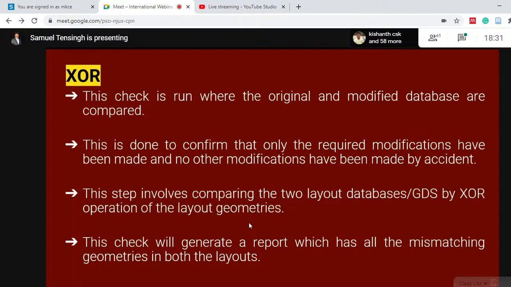The XOR check is run when the original and modified databases are compared. So this is how it is: when you have a GDS ready, you have completed all your physical design steps, and you give it to the customer. The customer comes back to you saying that you have to modify a few layers, like say metal 2, metal 3, metal 4. All these 3 layers have to be modified, and they give you certain